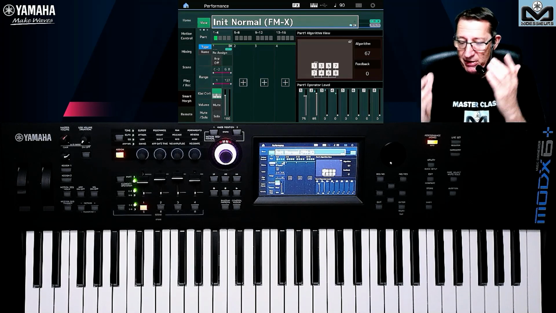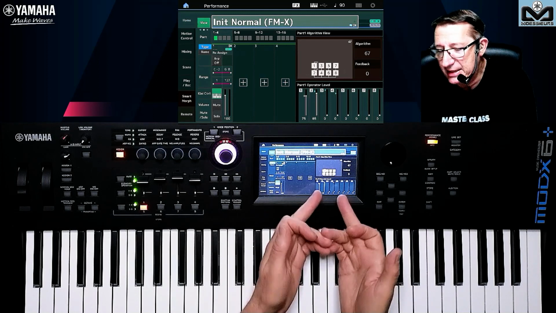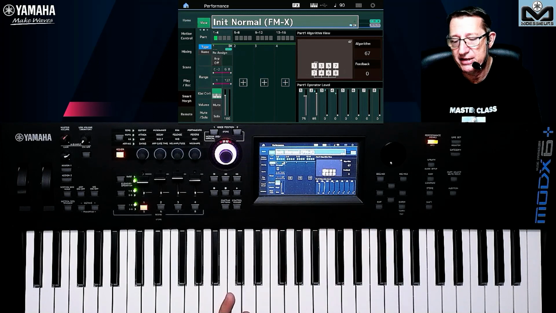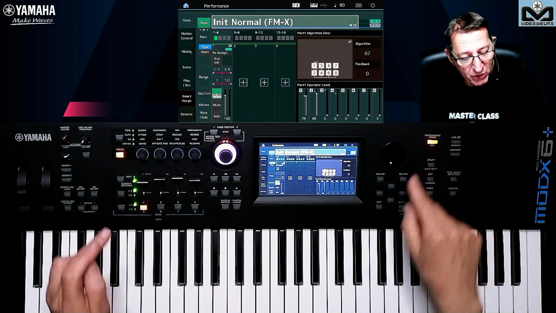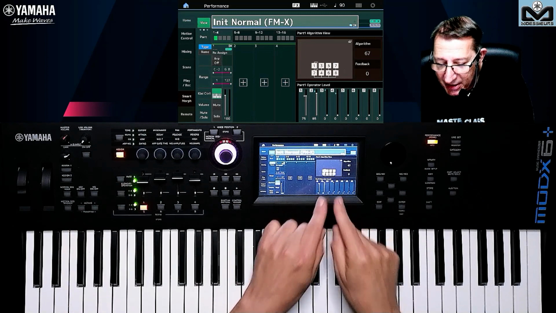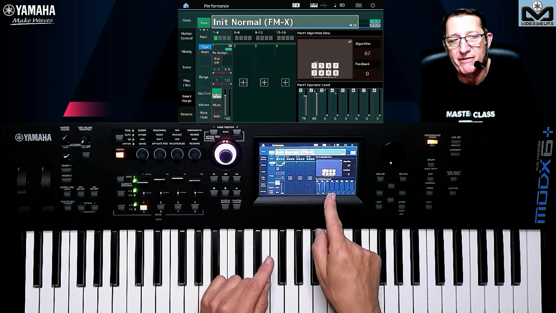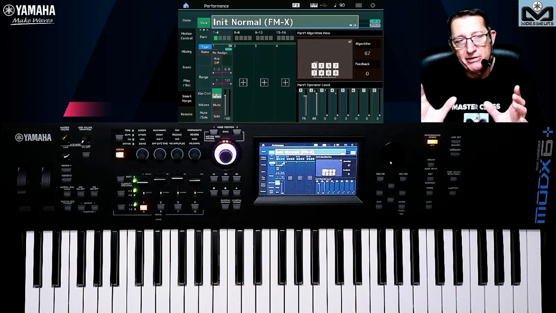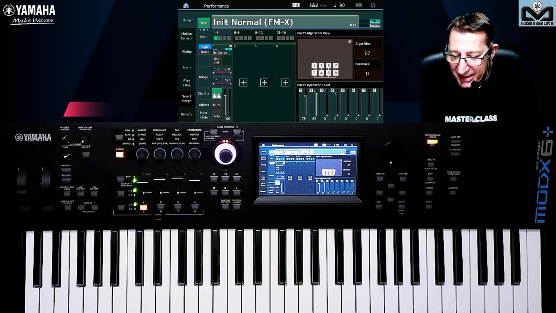So when you see the algorithm, this is the idea you need to think about. What are the carriers? How do I build my sound? So look at the preset to see how it's made. Push the performance button, go to operator level, and you see it's quick and easy, and you can say, okay, this type of sound is built like that. And it gives you the idea of how you can make and change things on the FMX sounds.